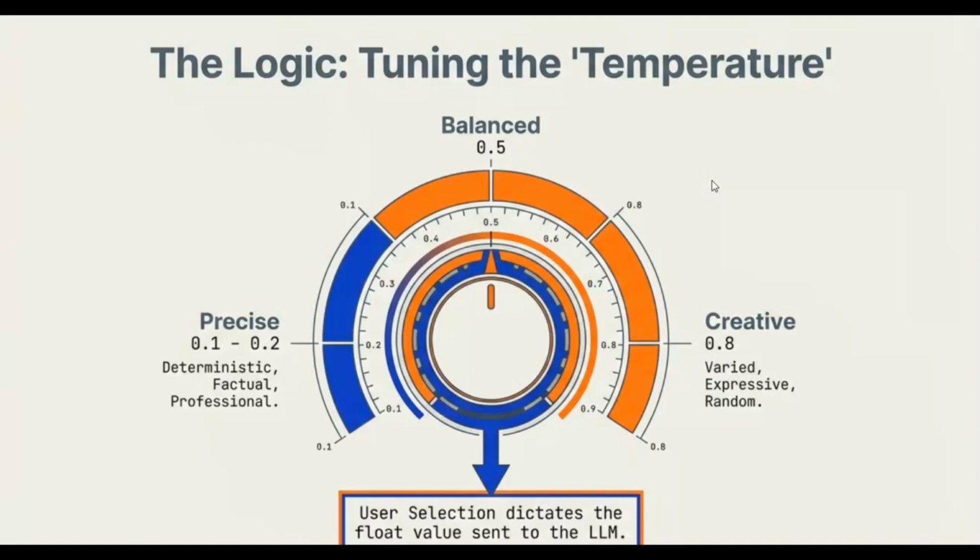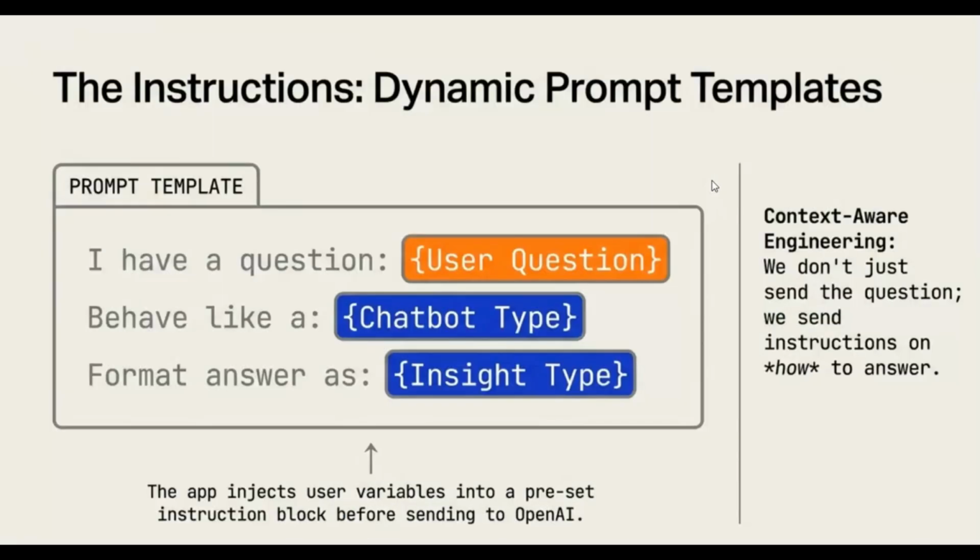Now, making it creative will make it more casual, making it seem like you're talking to your friend. So now let me tell you about the prompt template. We are going to be making a prompt template which we are going to feed into the API. I am going to basically specify what my question is and how the different options which I want it